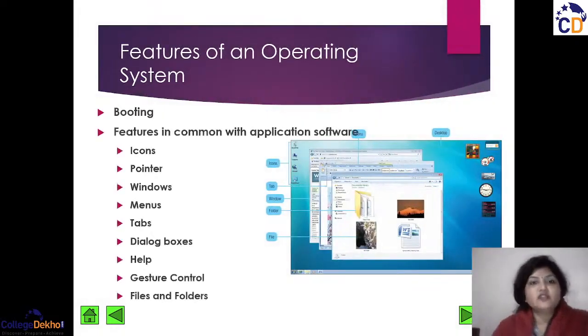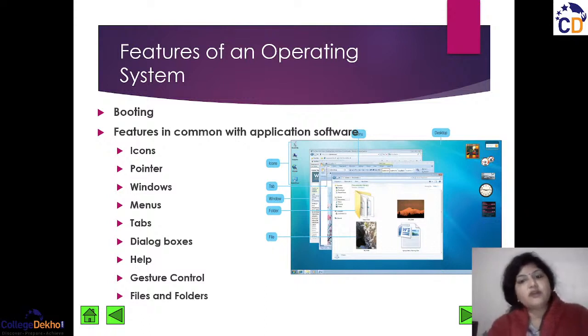Next part is features of an operating system. What do you mean by booting? The most important thing is that when you start your computer, it is booted first. All the programs are loaded into the memory of your system, so that you can access the different components of